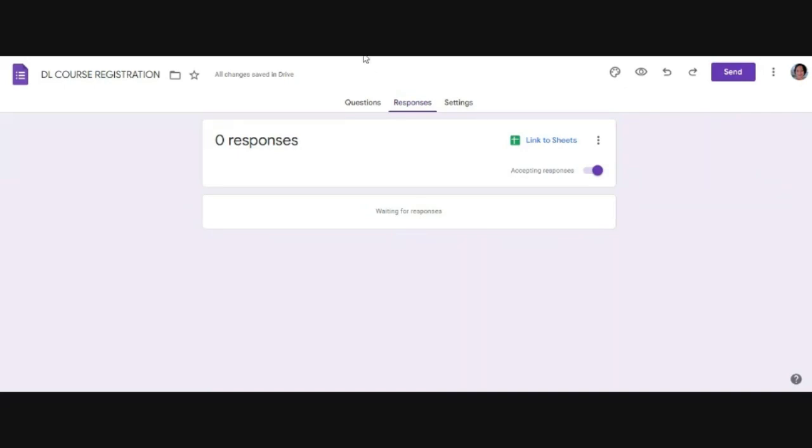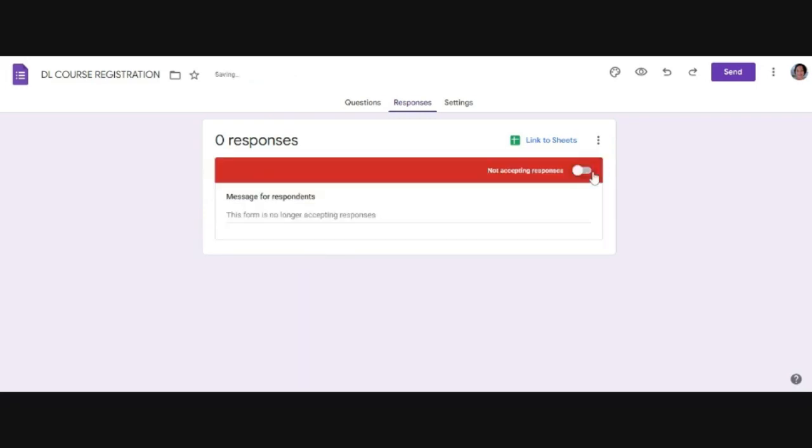So when you open it, this is how the interface is. So here are the questions, the responses. And once people respond to it, you'll find it here. This is where you can find the charts, which are already displayed to you. Good. So if you want to accept responses, you click here. It is already accepting responses. So you can close it. So now you see it's no longer accepting responses.